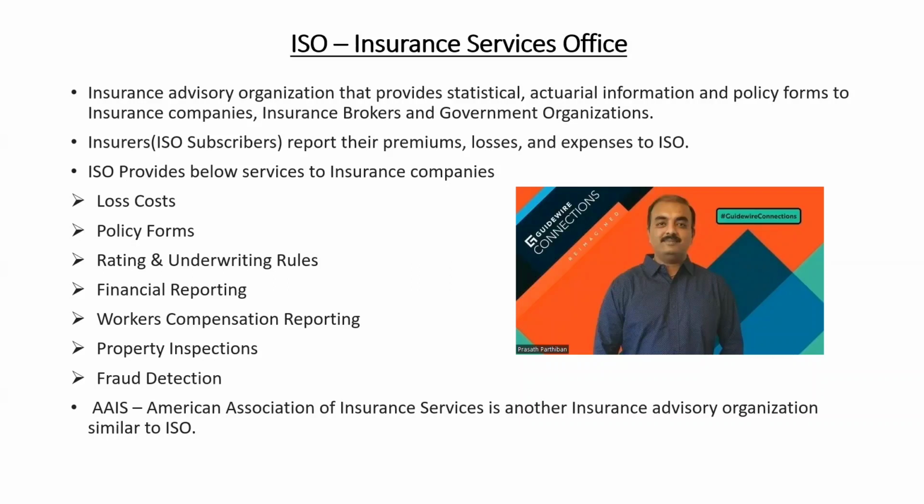And policy forms. Say you want to start a new insurance company. You don't have anything like a product called Guidewire or Duck Creek. Now it is a very cumbersome or time-taking process to come up with new forms. When I say forms, say if you want to send a document to customers, an issuance document, you need to make sure the document is in compliance with the state. Now to do that, you have to go through back and forth meetings with the state regulations department. But what ISO does is they have done most of the work for you.